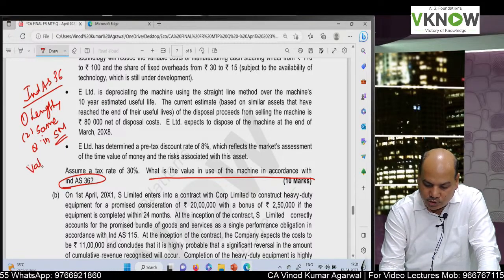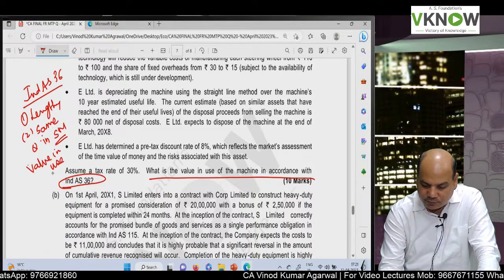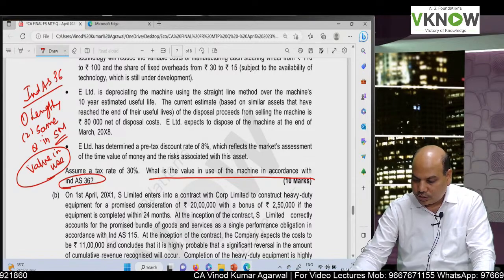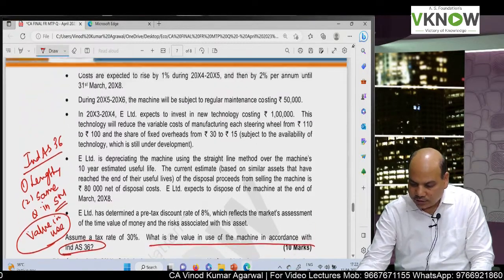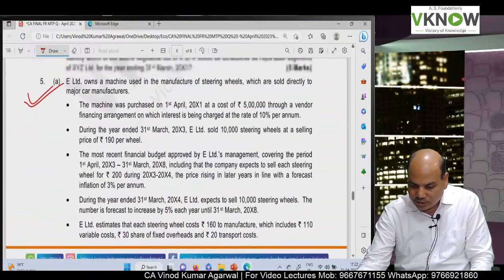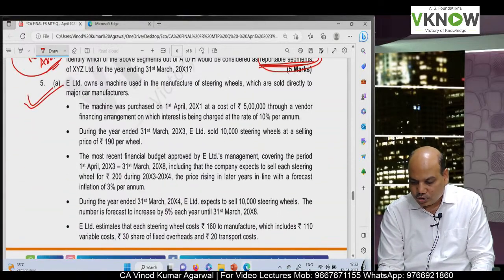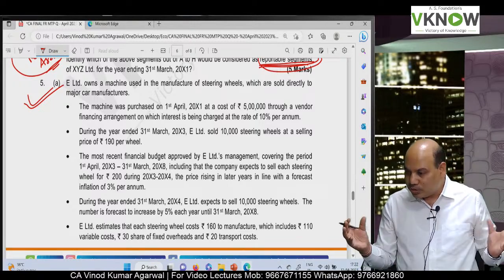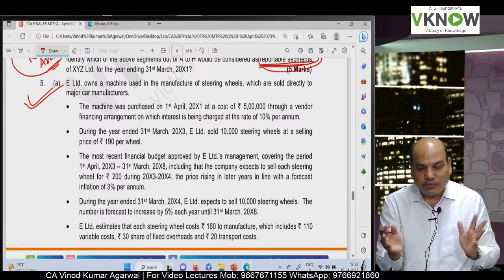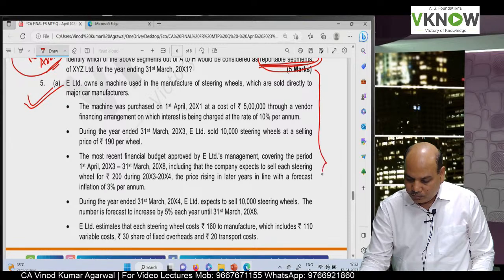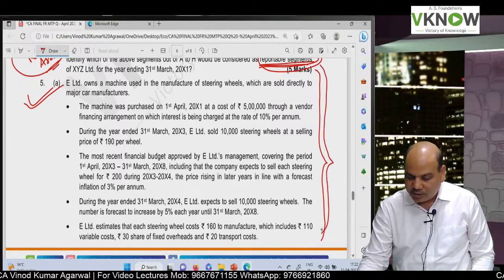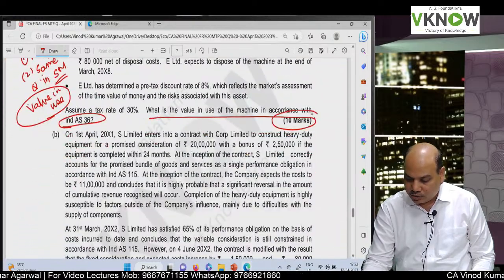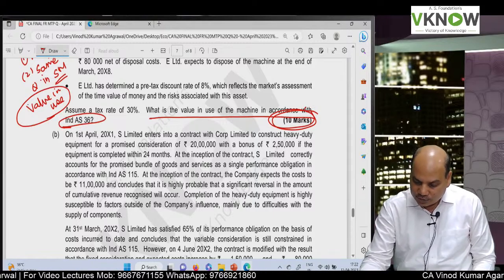You have to find value in use, and for calculating value in use, you have to identify that out of these given cash flows, which will be considered and which will not be considered. So it is a lot of data heavy problem, some students will get confused about which one I should take, which one I will not take. But with patience, with prior practice, this question can be easily cracked by the student, and this is a good question likely for the next exam also.